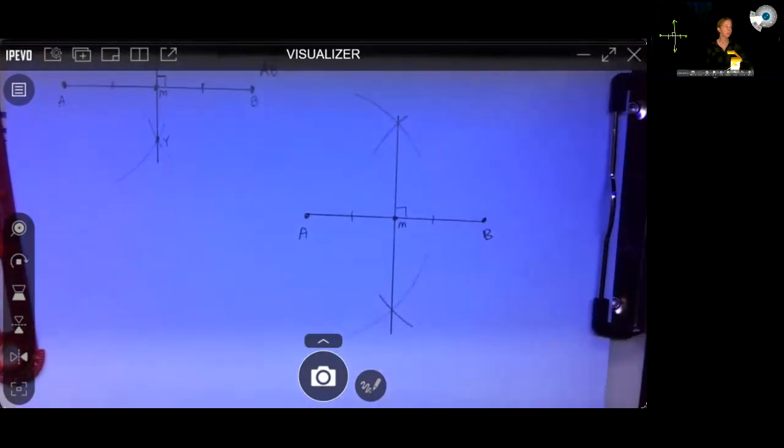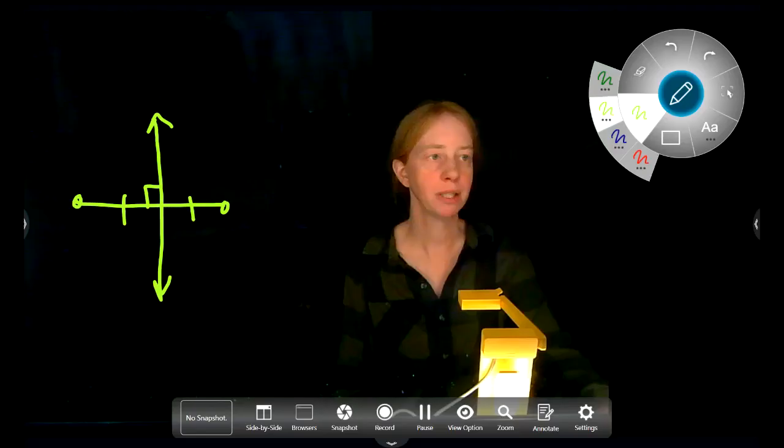Okay, so go ahead and practice those in whichever format you want, depending on which compass you have. And I would love to see what you